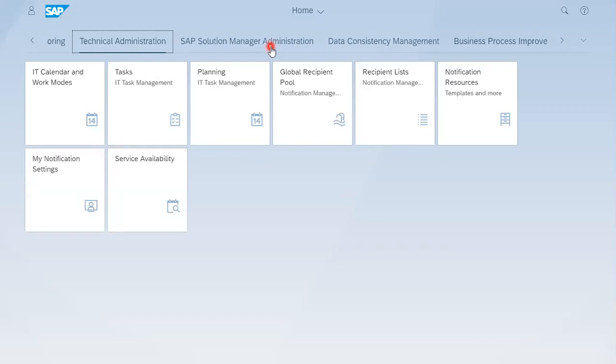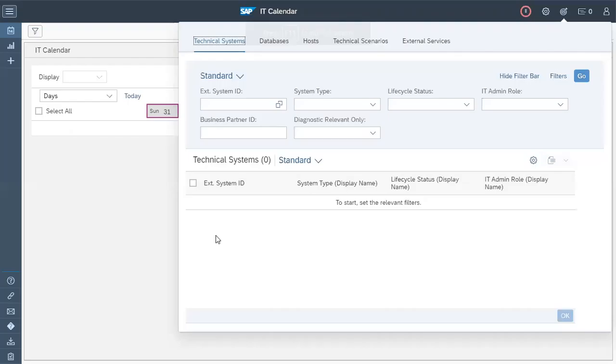By doing that, I'll click on the IT calendar and work modes, and it will open a new tab. Once I click on that, it will take some time. Okay, after clicking, we got this page.